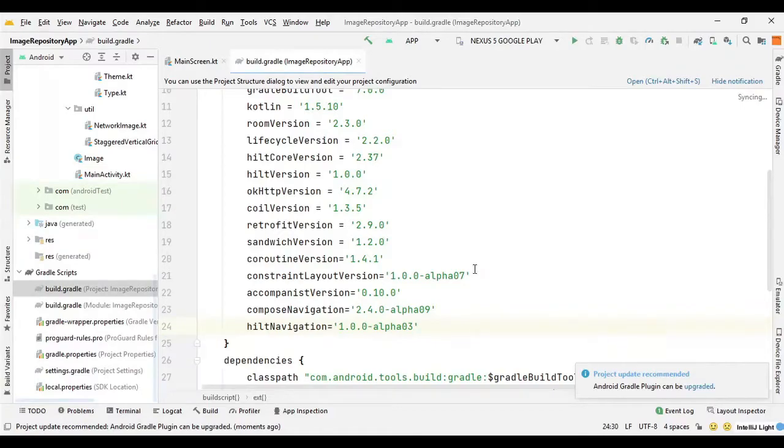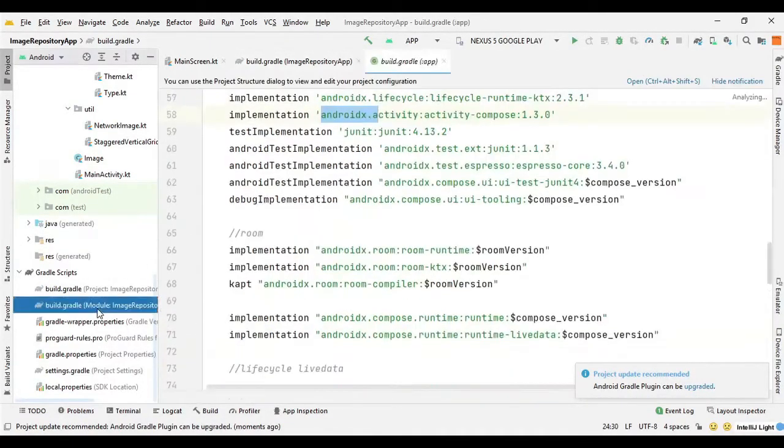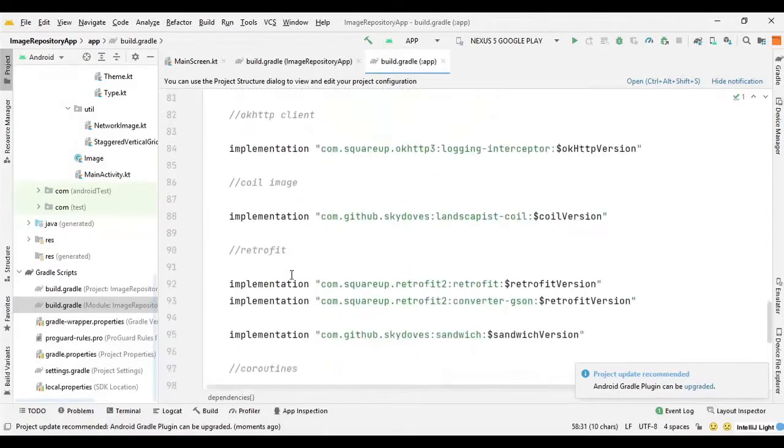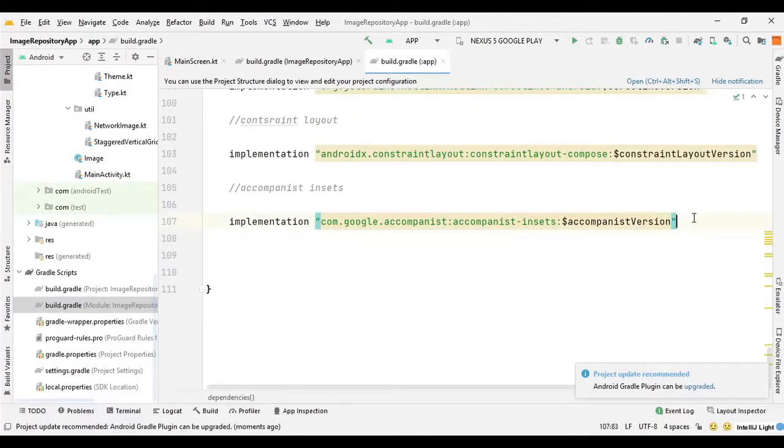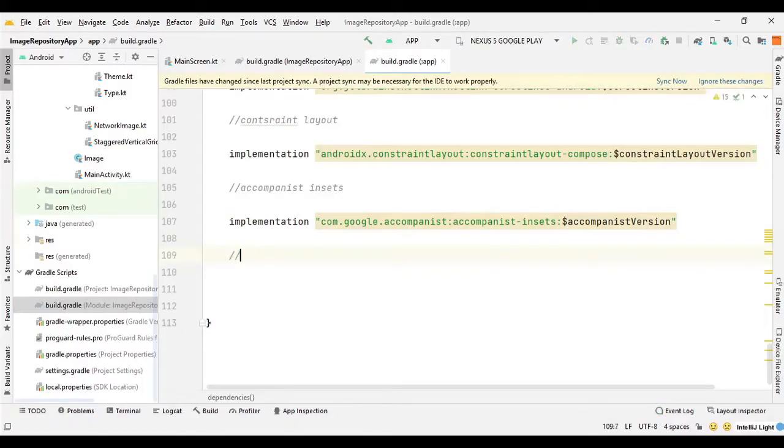Now we can declare the dependencies in the app level build Gradle file. So here I will say navigation, and let's define the AndroidX navigation first.